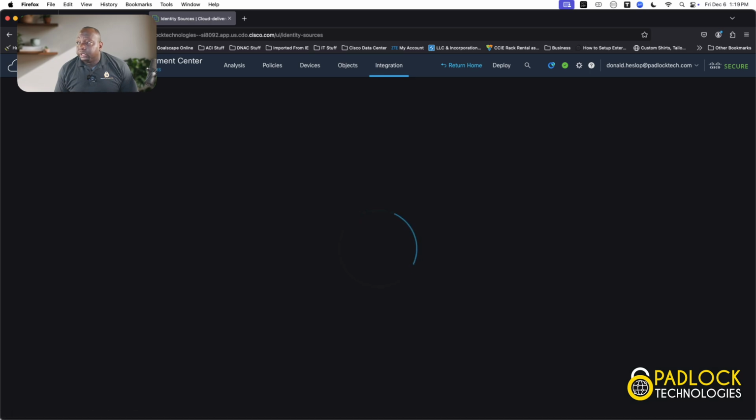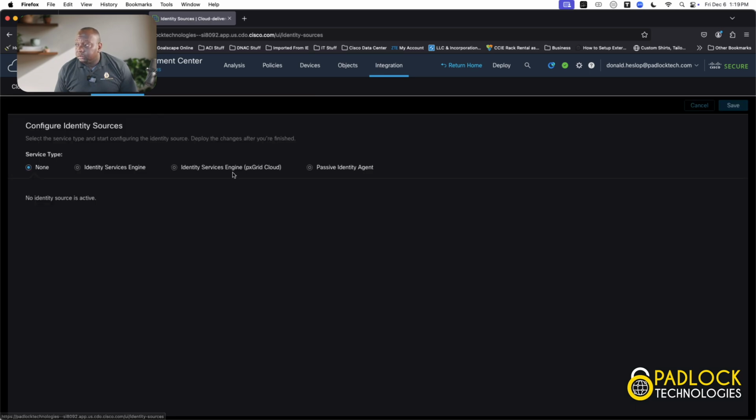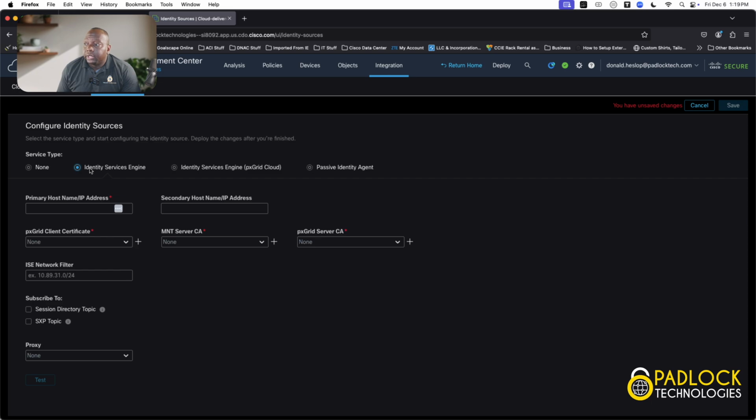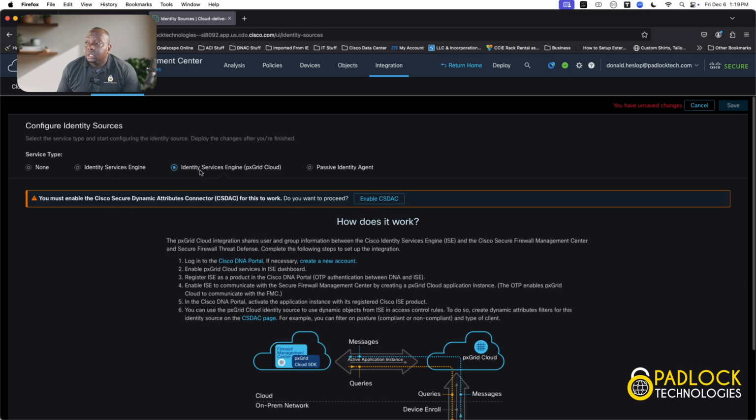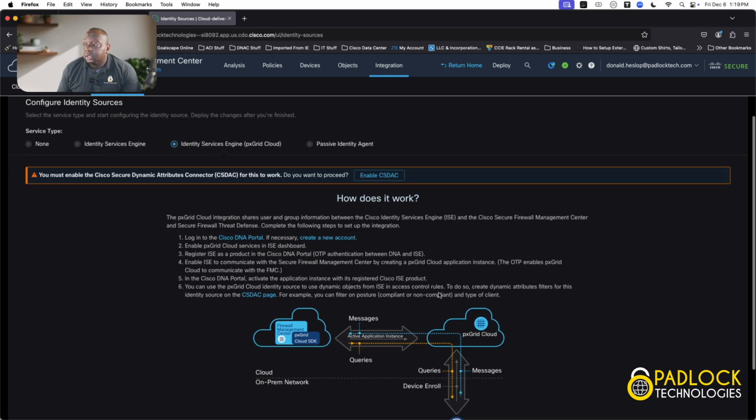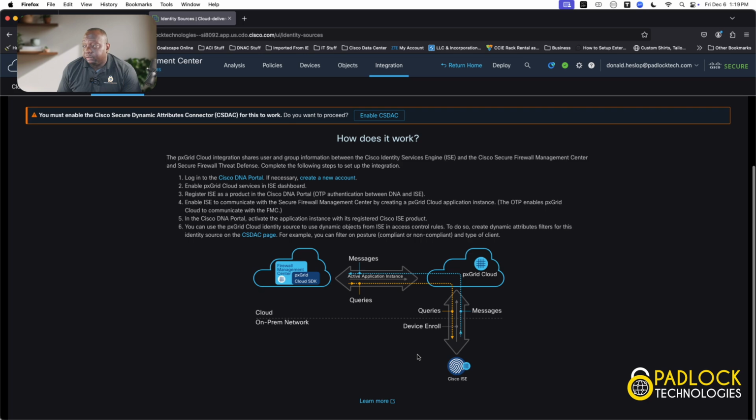It's the same thing with identity services. So as you can see, there's 2 ways you can do this. Now this is different for CDO compared to on-prem FMC, because on-prem FMC, you only have this, right? You only get this feature, which is ICE. Now, if you want to go to ICE Cloud, again, this is a feature that I really like because